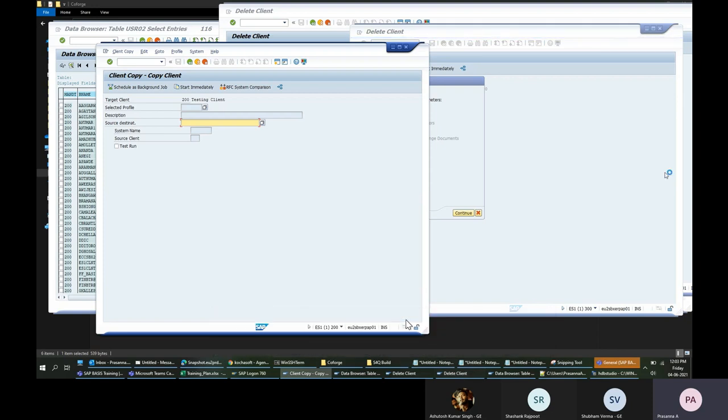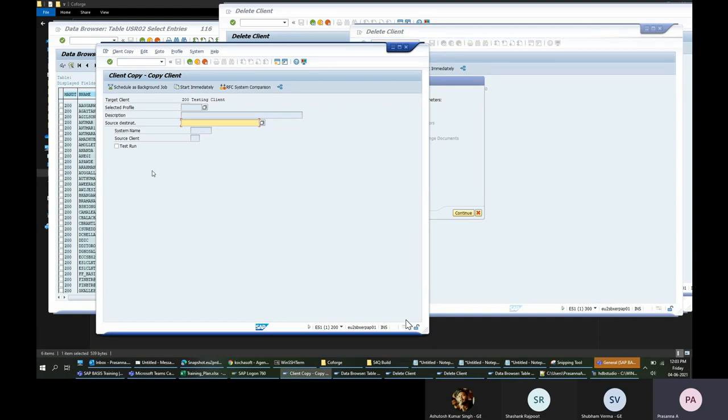This is a sandbox system, as I told you. Assume I want to create a testing environment in this sandbox system. I'll create a new client, just an entry in T000, but I want some production data because the end user wants to do training with real data.